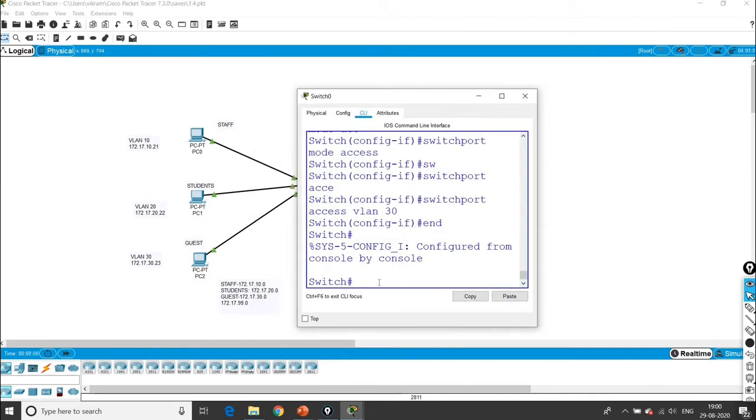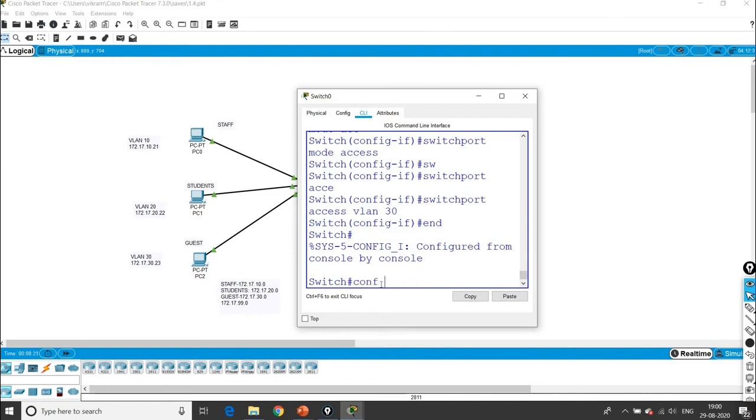172.17. So for that, interface VLAN 10. Already it is in privilege mode.